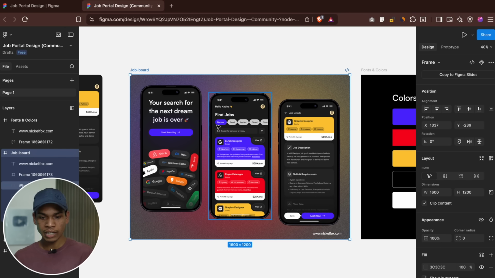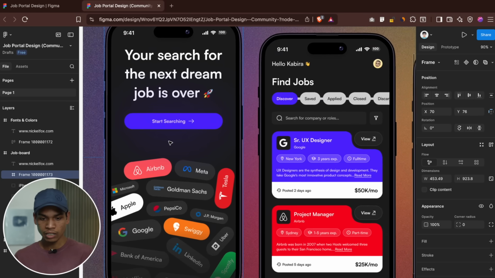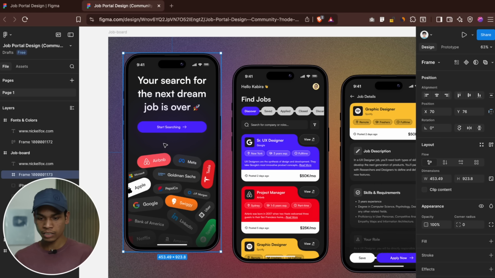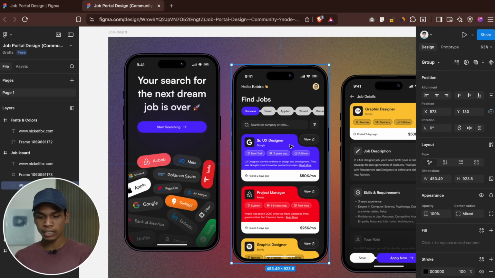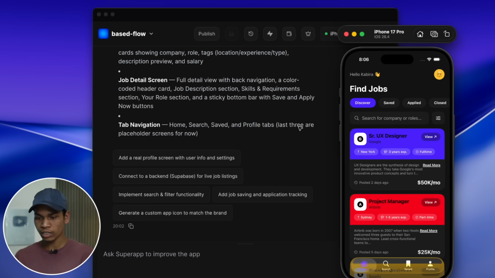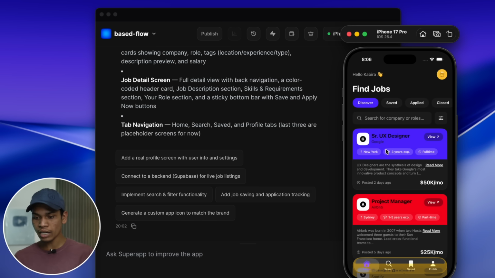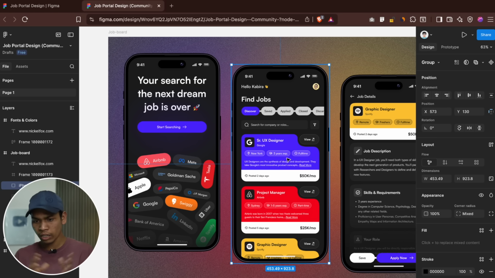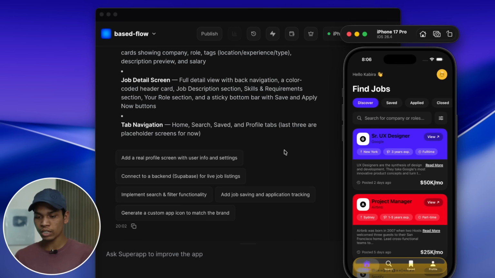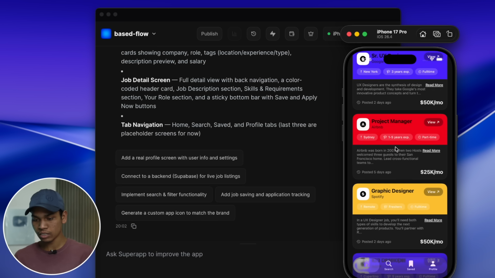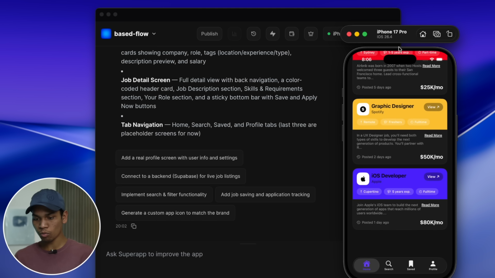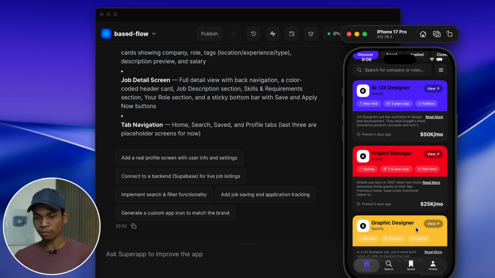Let me see my design. You can see this is our design. This is our home page, and then this is the section, and currently this screen is showing here. I think the design is not exactly like this, but it has taken a lot of inspiration from our own design and it is looking great. You can see this is a job board where you can just click and apply.